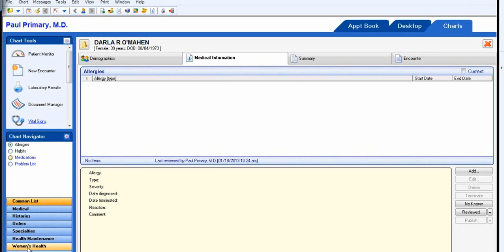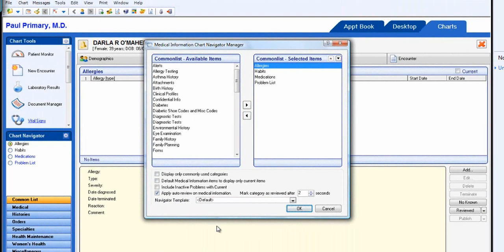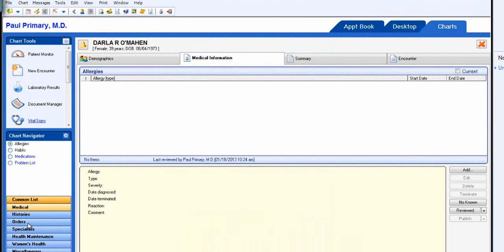To customize this area, a user can click on the Gear tool to access the Medical Information Chart Navigator Manager. This screen allows a user to create a common list of their most commonly used categories, or a practice can create a navigator template in the EMR Manager, which would allow all the users to display the medical information with the items they would use in their own practice. They could also rename these categories if they wish. To create this template in the EMR Manager,